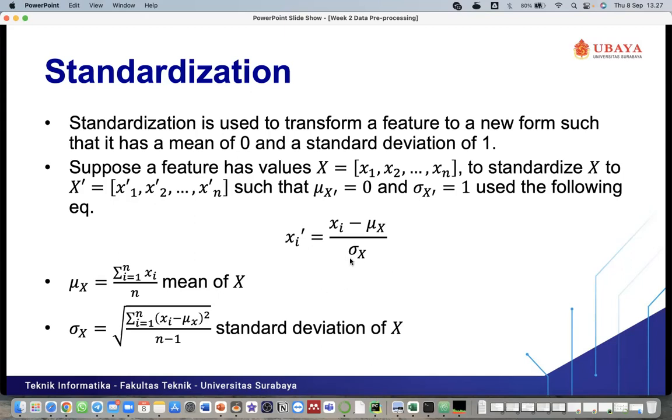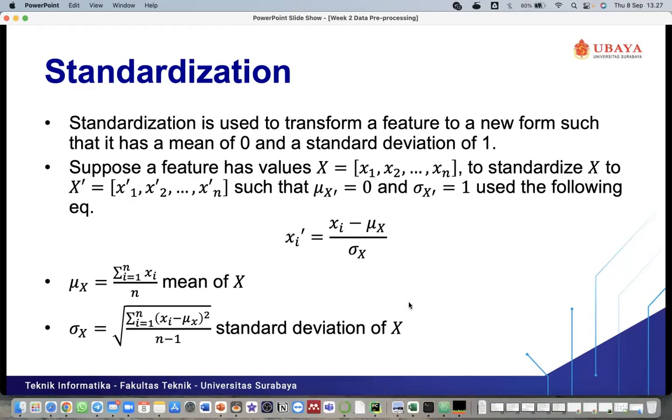Sigma means the standard deviation from our samples, and mu X is the mean value from our samples. As you can see here, this one is the formula for calculating mu X, and this one is the formula for calculating the standard deviation of X.